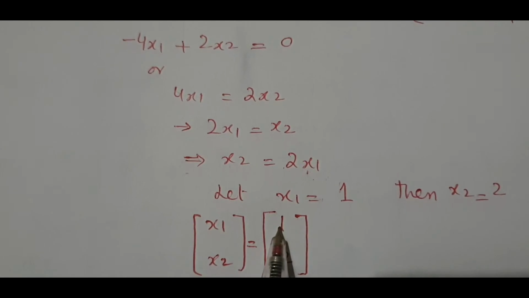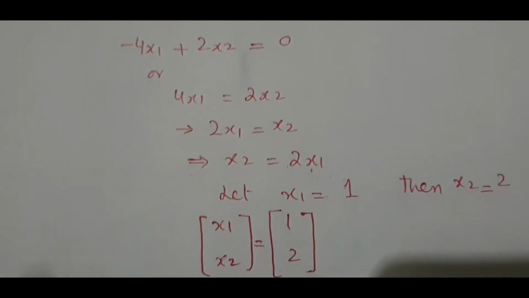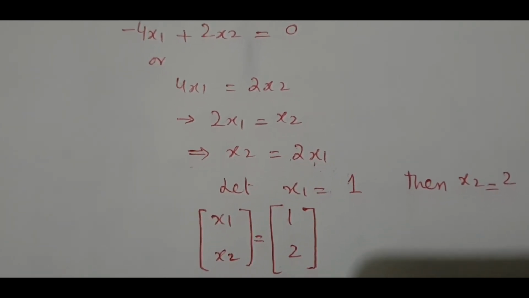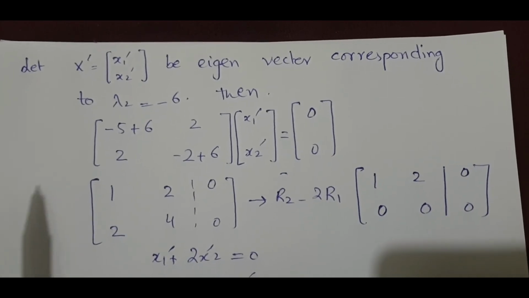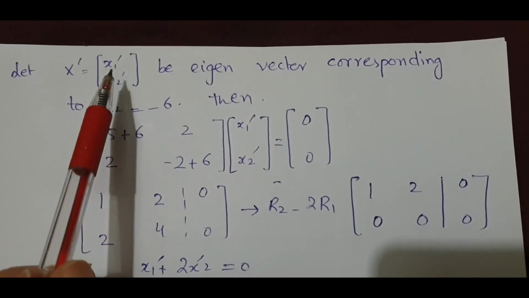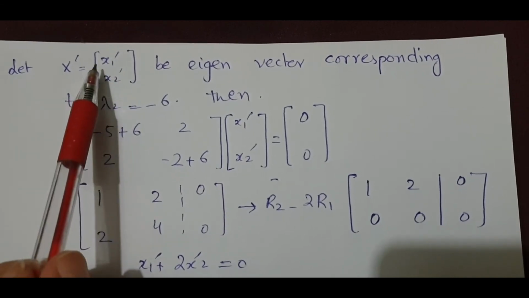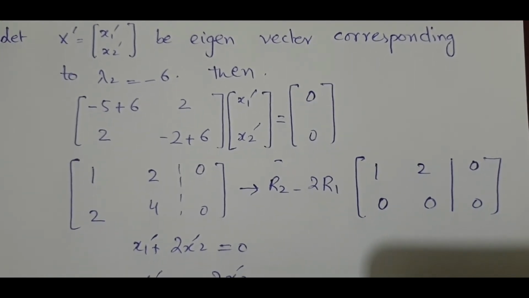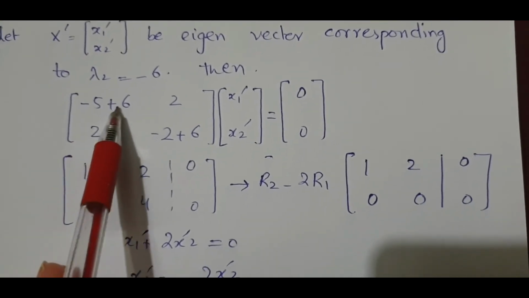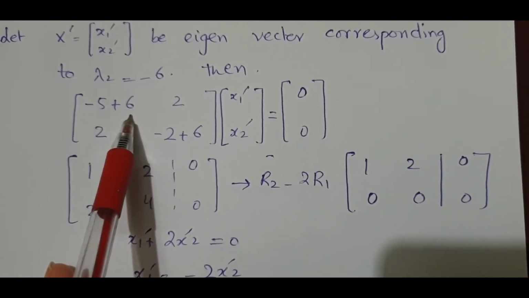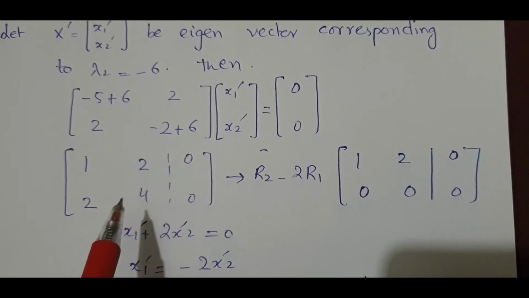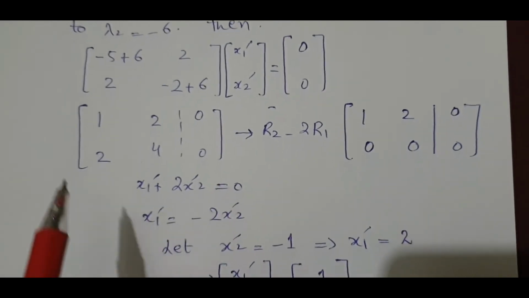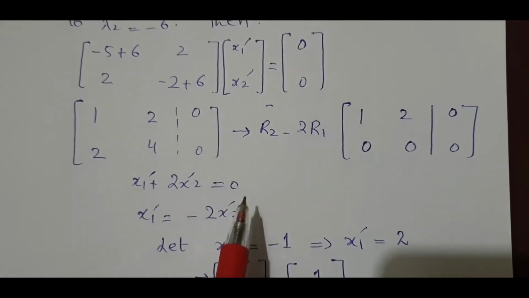which simply implies x2 is twice x1. Now I will follow the same procedure for determining the eigenvector corresponding to lambda 2 = -6. As you can see here clearly, I have supposed x bar, which has two components, x1 bar and x2 bar, is the eigenvector corresponding to lambda 2 = -6. Again I followed the same procedure, which means I substituted the value of lambda 2 in the previous equation, and from here I formed the augmented matrix. Then I performed the Gauss elimination,